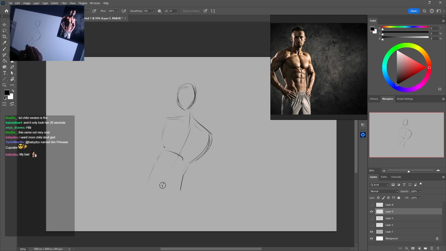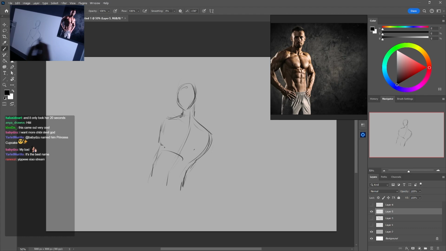Okay, so I'm going to use this guy as a reference, mainly for the muscle structure, but otherwise, honestly, I kind of feel like he'd be bigger, like he probably wouldn't have the flat abs, he'd be kind of strongman shaped a little bit, so let's do that instead.